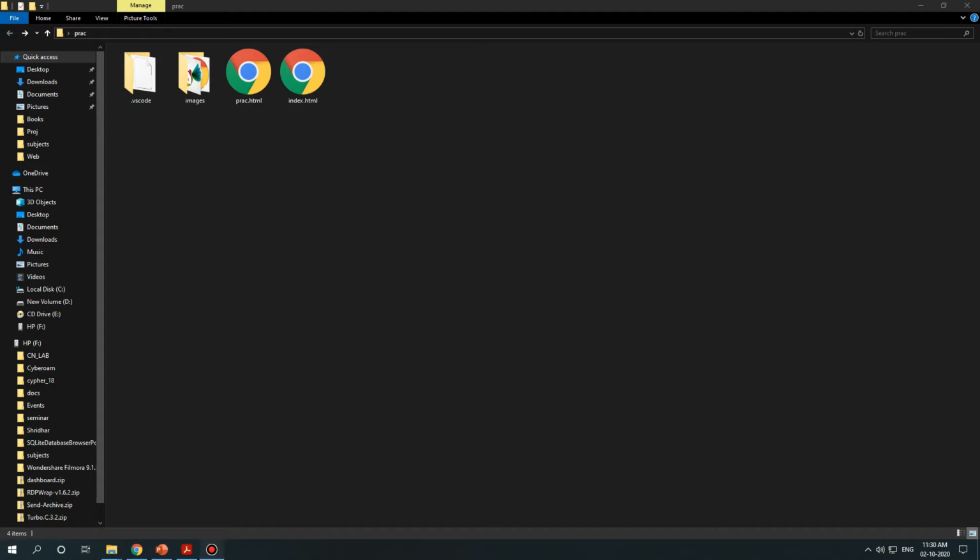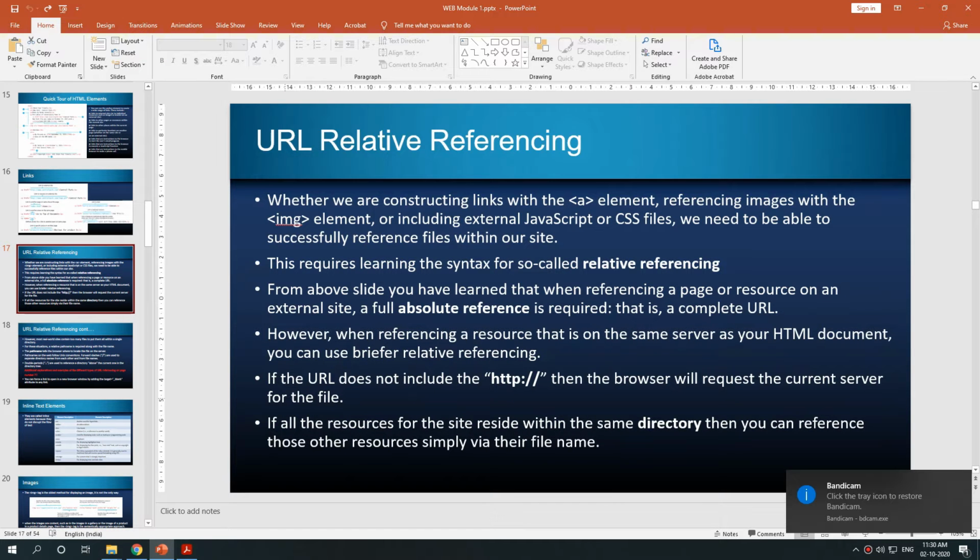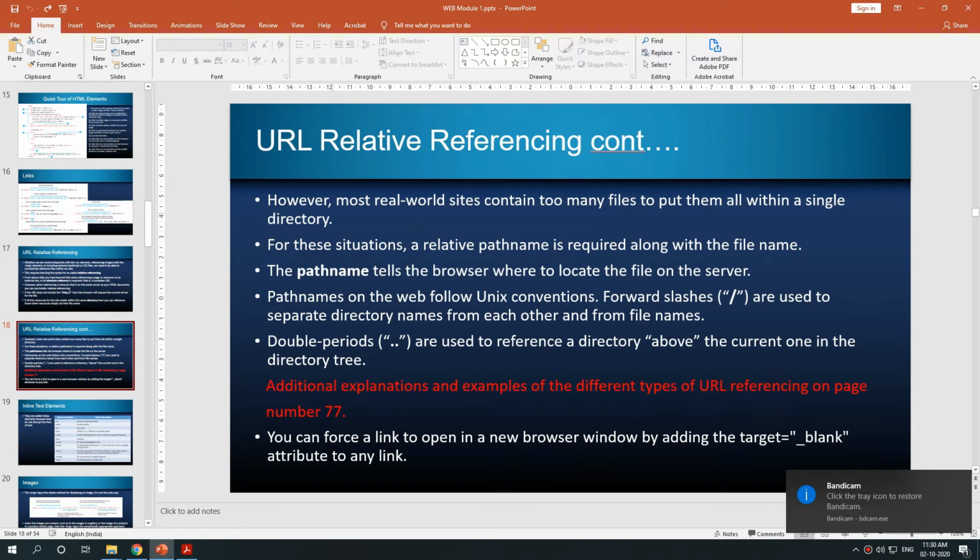Now, URL referencing. However, most real world sites contain too many files to put them all within a single directory. If you are working on a real-time project, you will understand that it creates many files, and if you store all these files under one folder, finding files will be very difficult while coding or debugging.